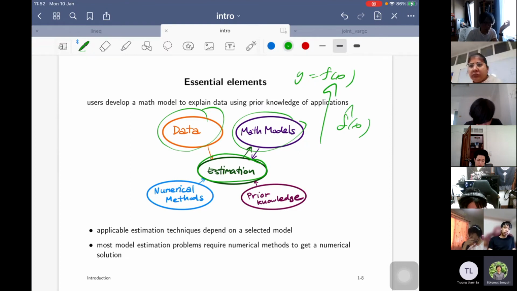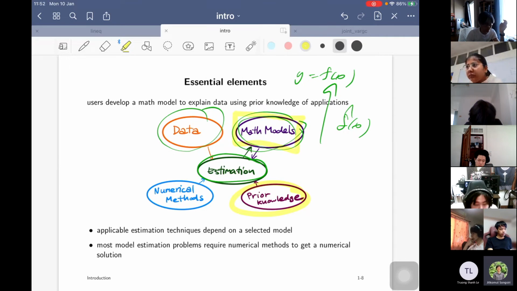In order to come up with this math model, it's not just about applying some existing methods. If you have more prior knowledge, the better you know about the application, the more interpretable meaning of the model you can get as well. For example,